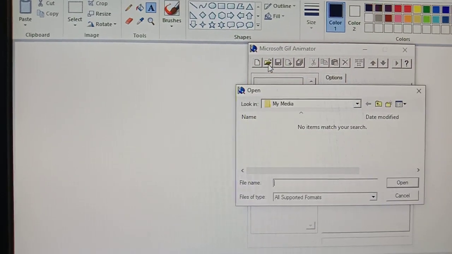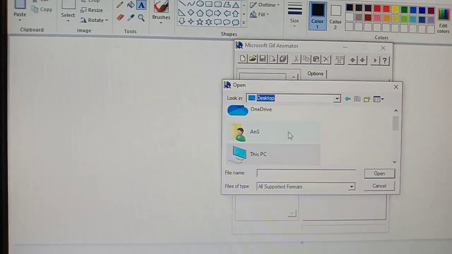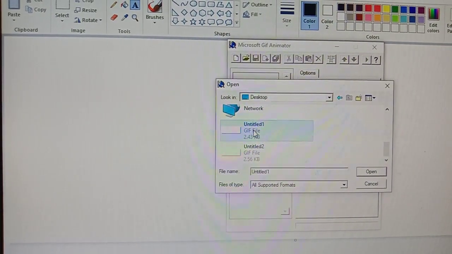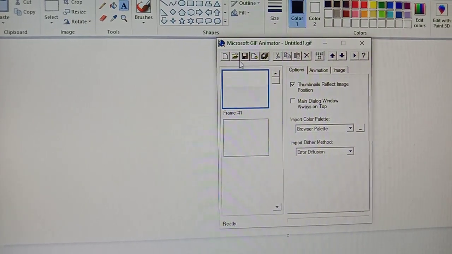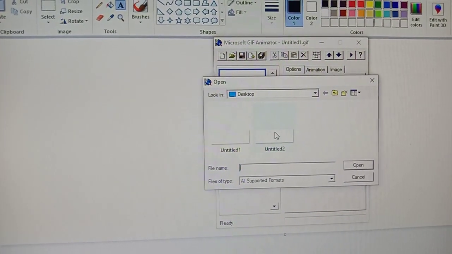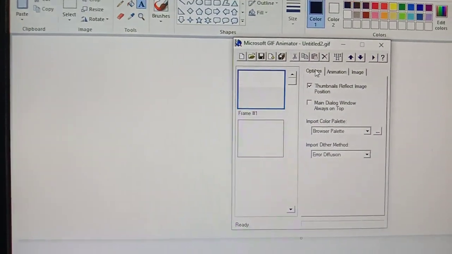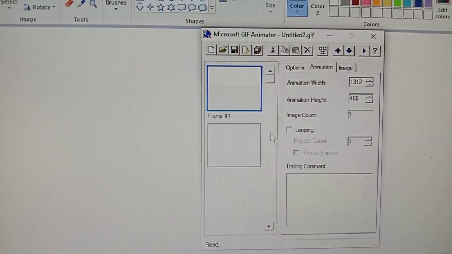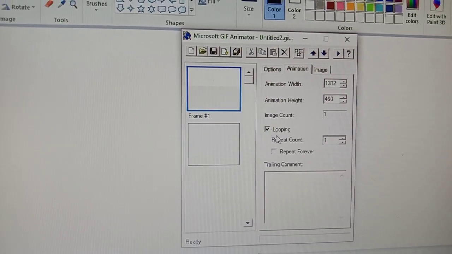Click open, click desktop, and on the desktop you'll get Untitled 1. Again click open, and again insert one more. Okay, so you can apply anything. You can set how many times the image needs to repeat, or it can repeat forever.